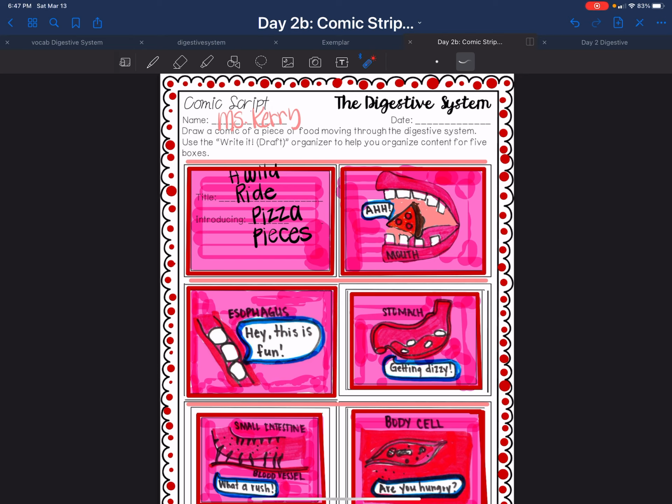All right. So mine's called A Wild Ride, introducing pizza pieces. The mouth. The food starting out in the mouth, going down the esophagus that we just learned about. This is the food, and it's going through peristalsis. Here it is in the stomach. It's getting swished around now even more with more chemicals and enzymes. And it's getting dizzy. Whoop, and then it goes down to the